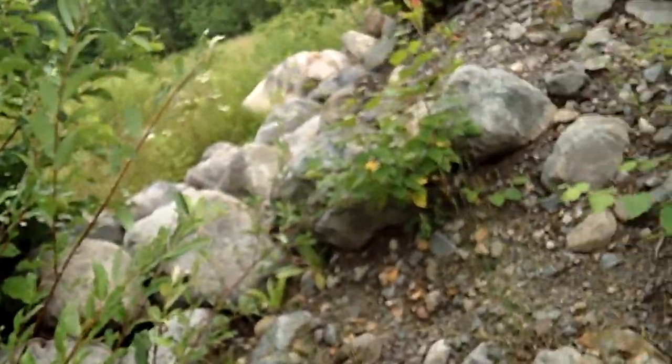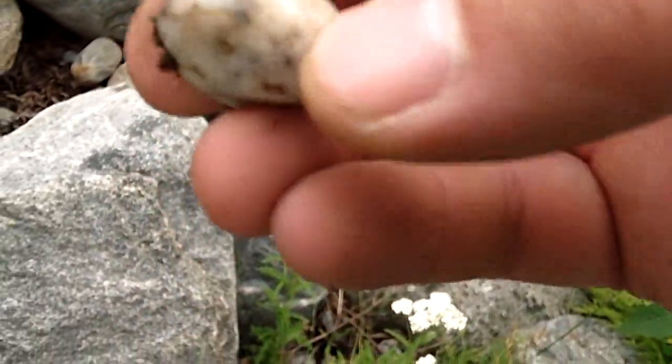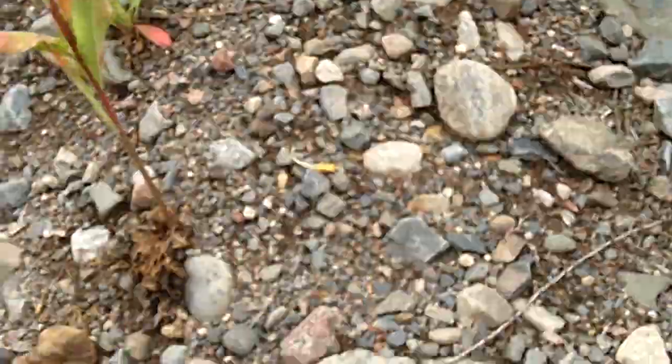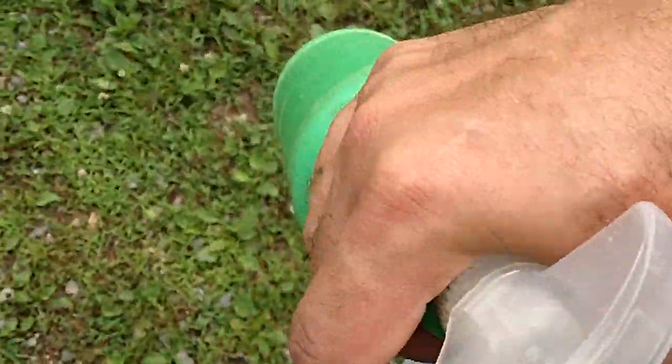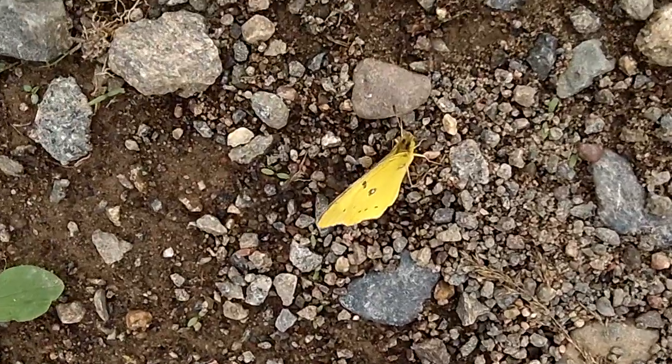Big boulders. It's a good thing we don't have no rattlesnakes. As I said, I've never found an agate out here, but it's always worth a stop just to see if there's more beautiful rocks. I mean, I got a pretty full pouch of just the stuff that I find interesting enough to take home. That wind is having its way with that poor butterfly. Here, he's gone. That's it. Wasted some gas to find some rocks, and I don't like that. You don't find an agate, you drive that far,